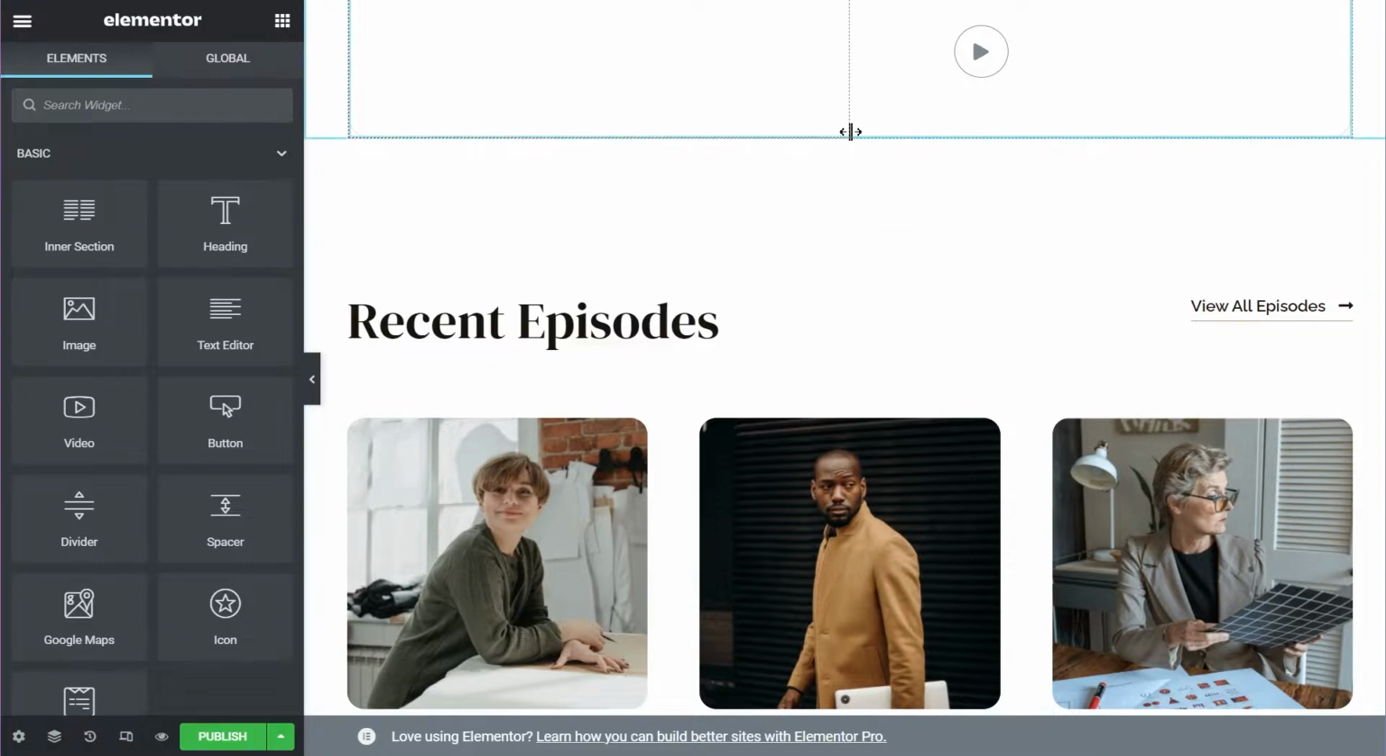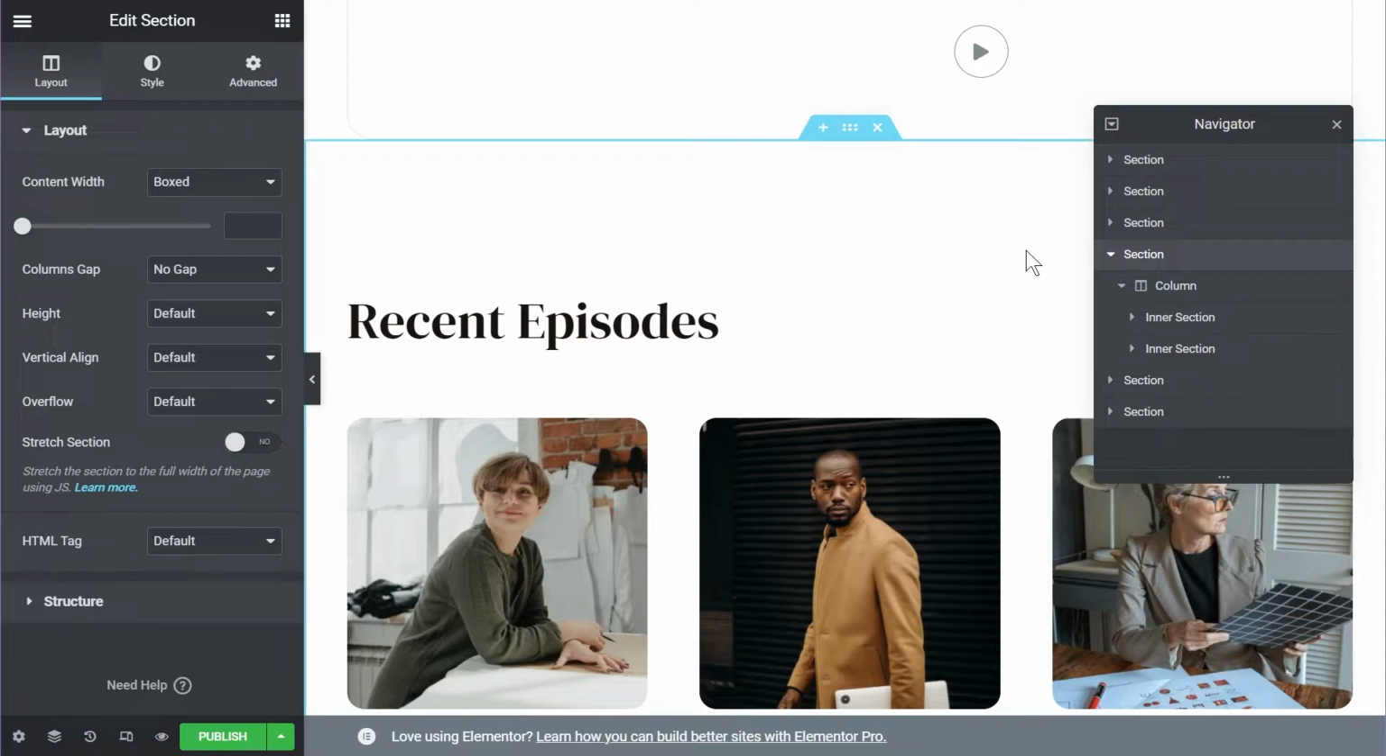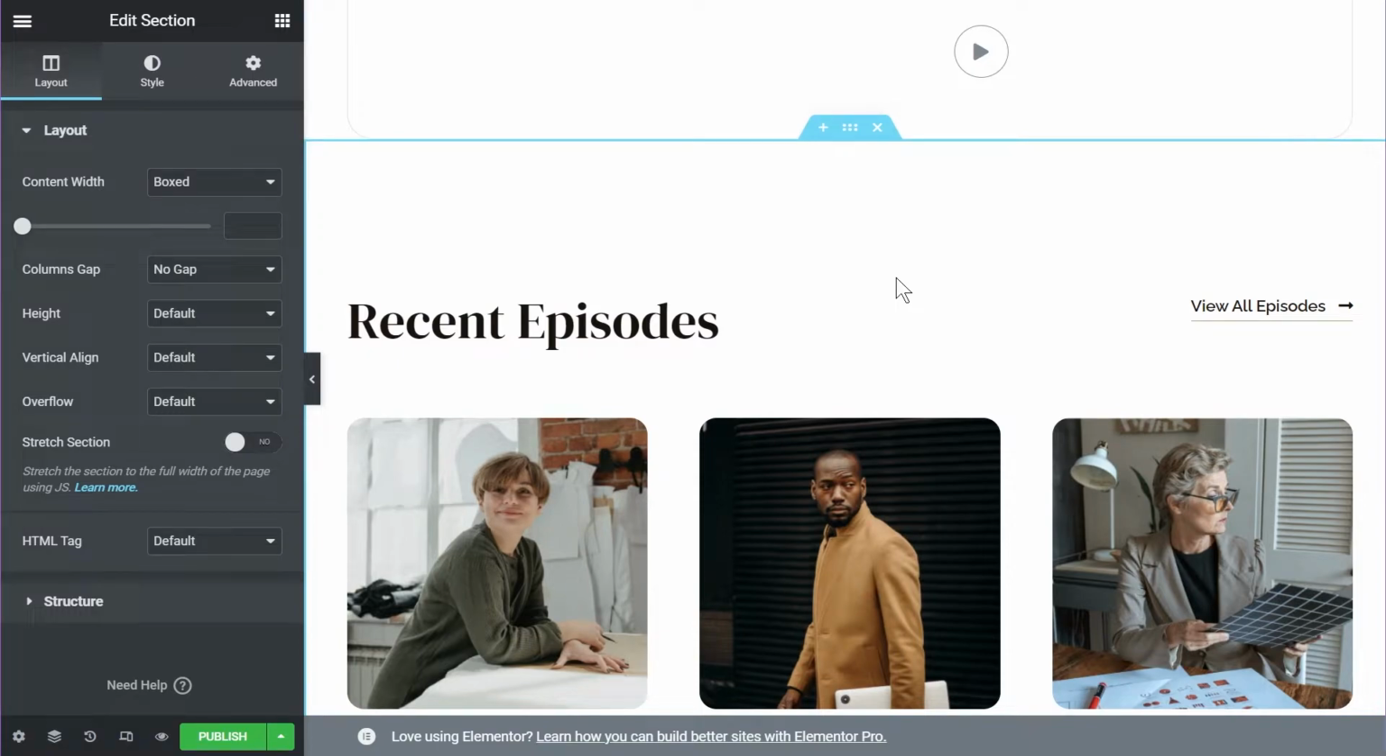So I can see the section right here, but I can also use Elementor's navigator functionality right here to find the correct section. So you can see the section contains the column and inner sections. So I've already selected the right section. I'll click it once again just to be sure, close the navigator, and you'll see the section's options right here